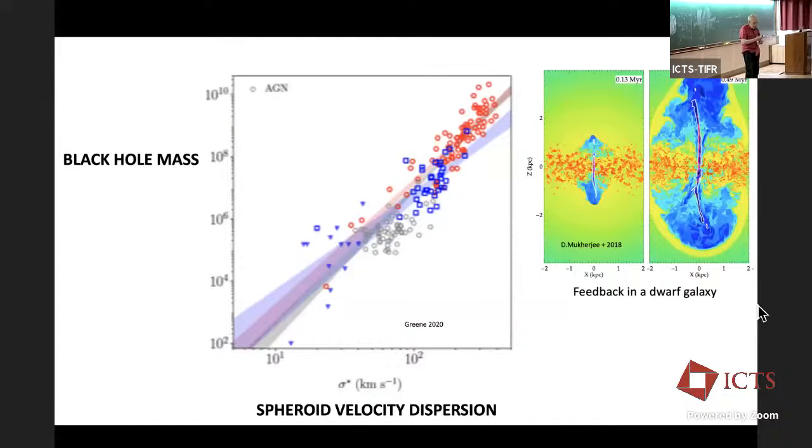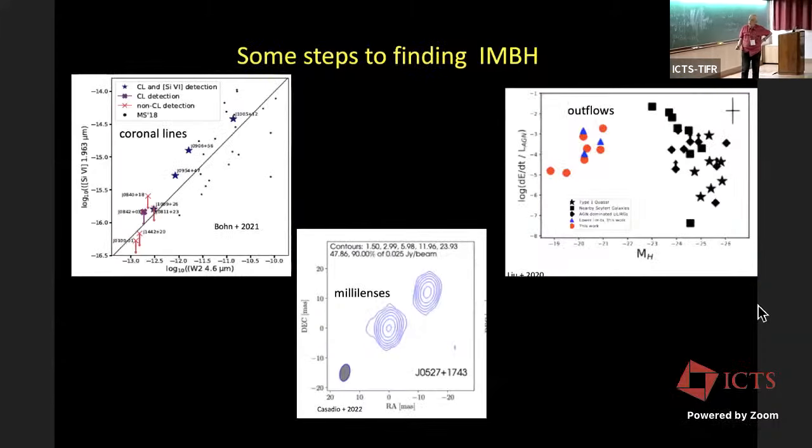So that's the sort of thing that we think happens as learned from the simulations, again, to explain those simple back of the envelope calculations I was showing you. Okay, so the search for these intermediate mass black holes, it's really hard because they're not necessarily bright X-ray sources. A few are, very few are, we measure some that way. But there are other really fascinating techniques.